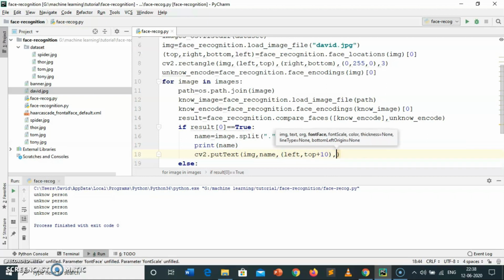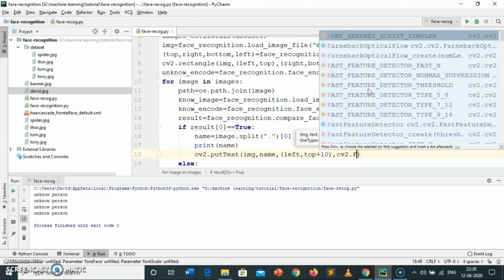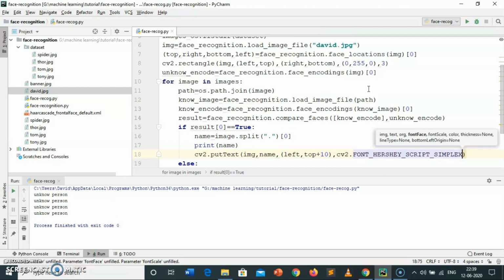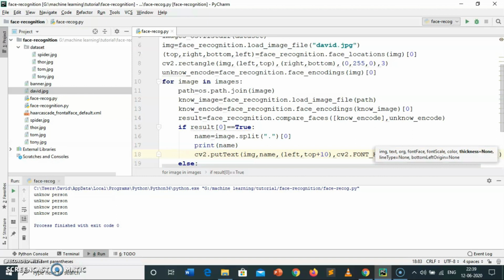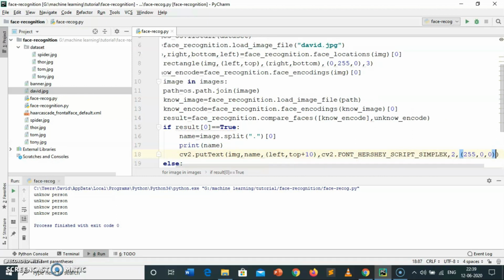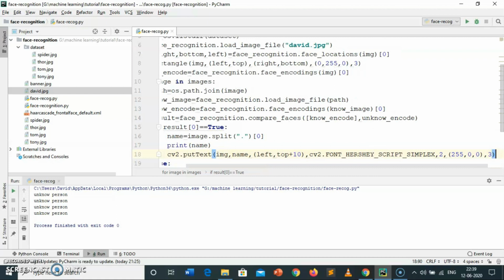Now I have to provide the font. So cv2 dot font. So I am going to use simply, you can use any font, and font scale I am going to use 2. Now we have to pass the color. So I am going to give the red. You can pass any color. So 255, 0, 0. Now we have to pass the thickness. So I am going to put here 3.